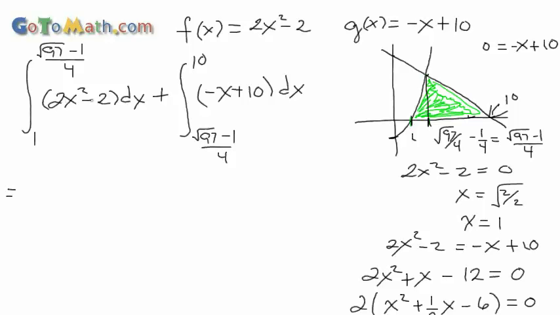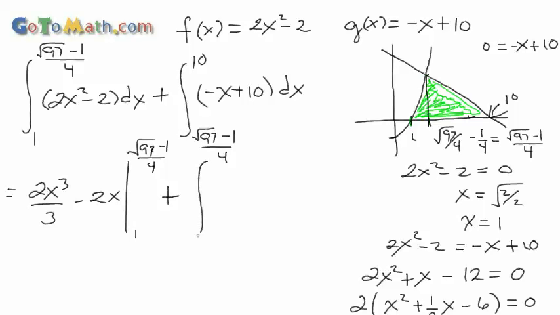I don't think I'm going to work this problem completely out, so I will integrate it. Let's see, this is going to be 2x to the third over 3 minus 2x, going from 1 to the square root of 97 minus 1 over 4, and then plus,